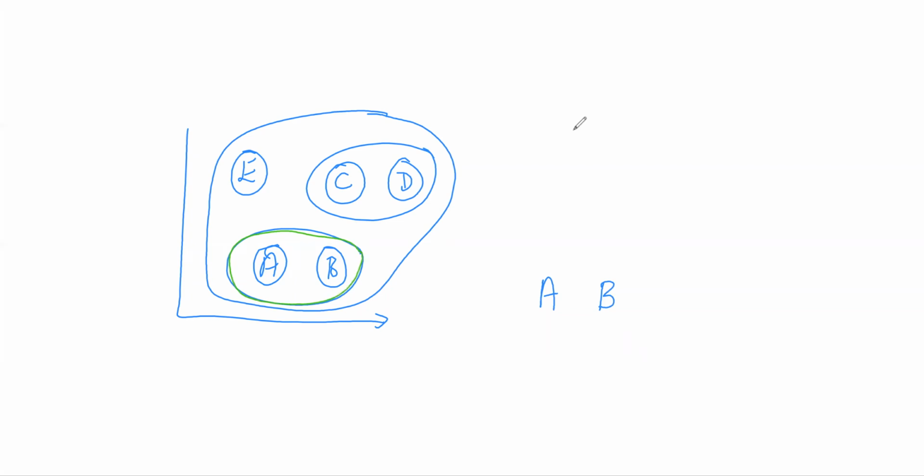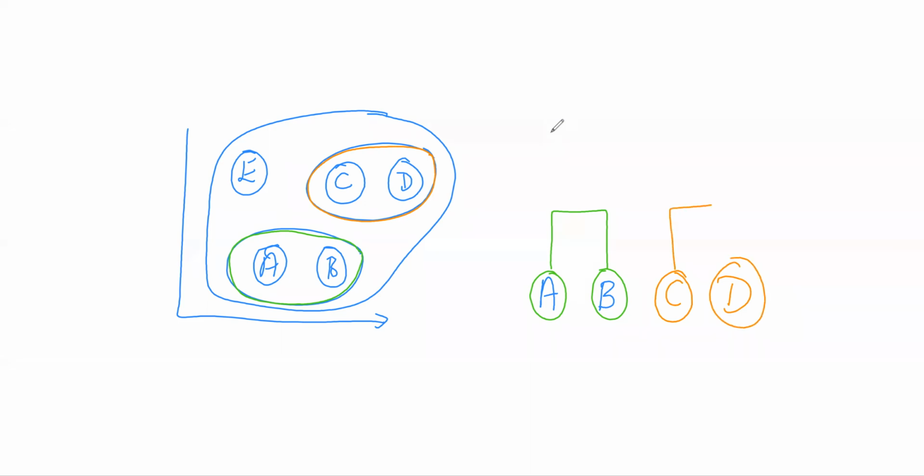So what I'm going to write here is A and B, they fall under one cluster. The representation of it is done like this. This is called a dendrogram. You start creating the clusters one after the other. Since there are similarities observed between A and B, they will fall into one cluster. Next, we also saw that C and D are within one cluster based on their similarities or the distances between the two points. So C and D are within the cluster, and I will write it like this.